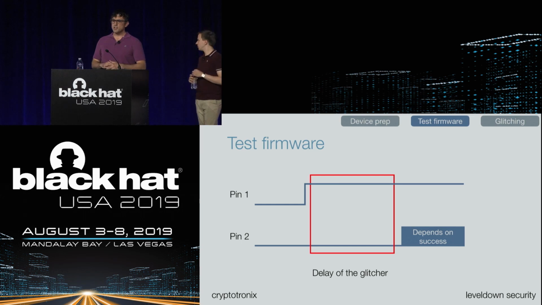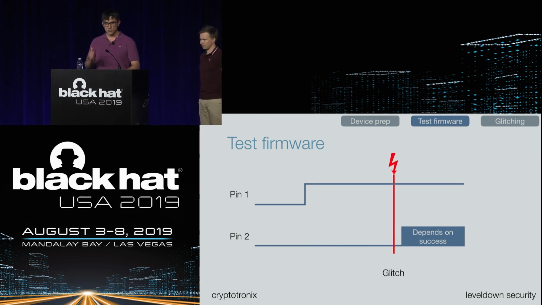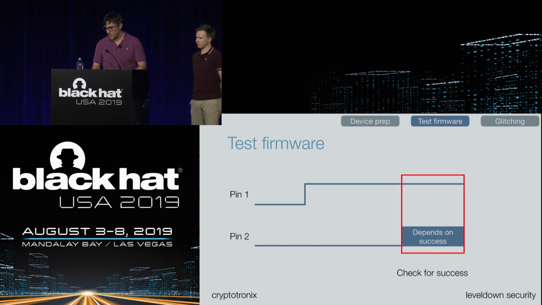And then one of the key parameters in the glitcher is how much to delay, right? We're trying to glitch that flash read that happened in that loop. So the glitcher takes this, as Thomas mentioned, programmable delay, and this is what we see in the next scope trace. Then we insert the glitch. This is where we're hoping that we get that exact precise moment to insert the glitch. And what happens?